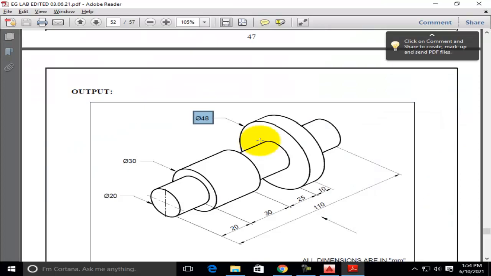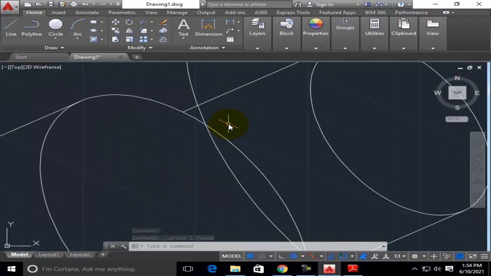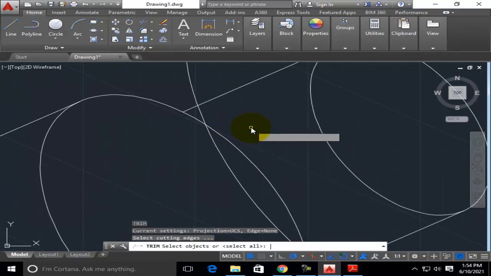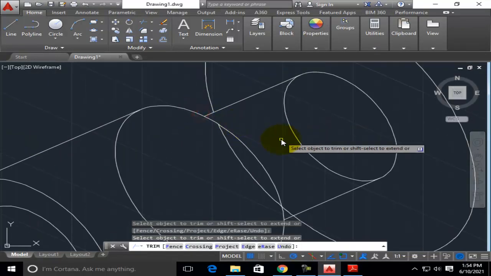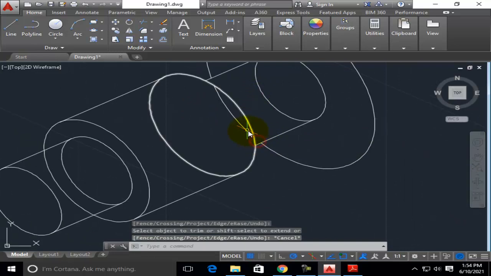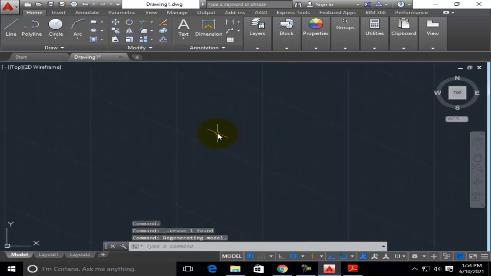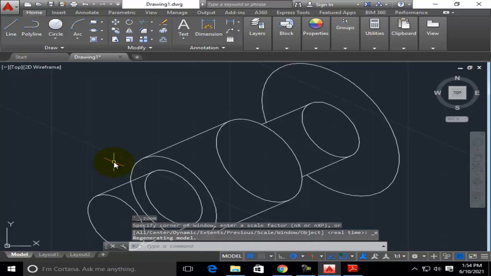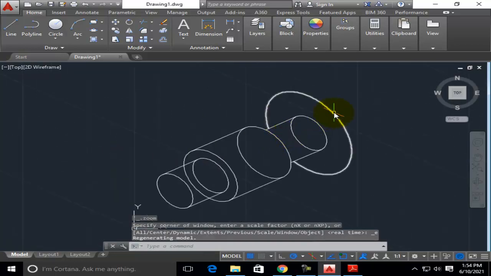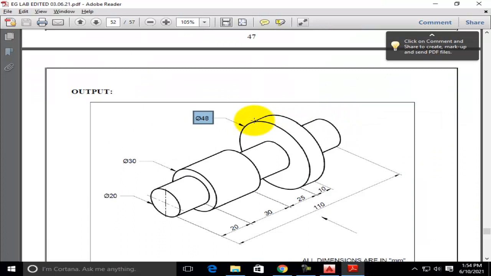Now again we have to trim here also. I am going to trim this circle over here and here also. This arc can be deleted. Now we have completed up to this circle.